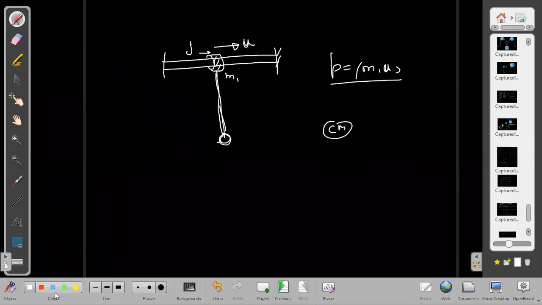What happens after a long time? After a long time, let us take the position when it makes an angle theta with the vertical, and this is the new position of m2. Now this will attain some velocity v, and this will also attain some velocity v. Their velocities have to be equal at the instant when the angle does not increase anymore. At that time the velocity will become momentarily equal.